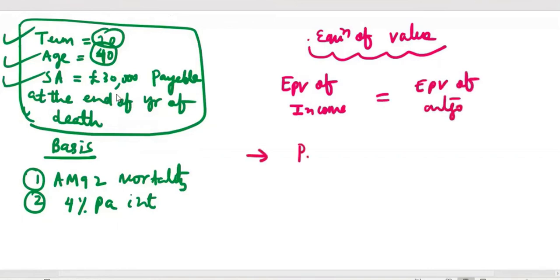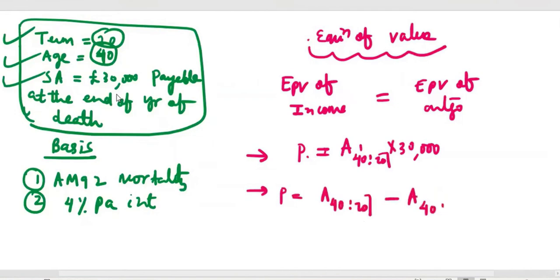Income is P only, and here outgo is 30,000, and here you need to write A_{40:20}^1. So P is A_{40:20}